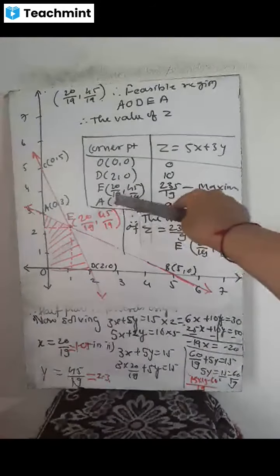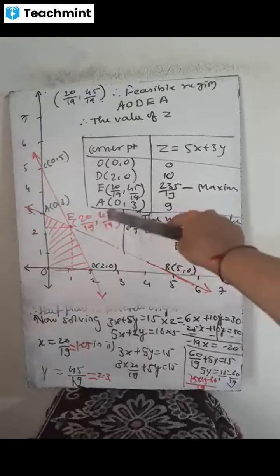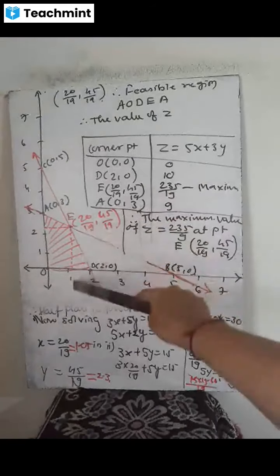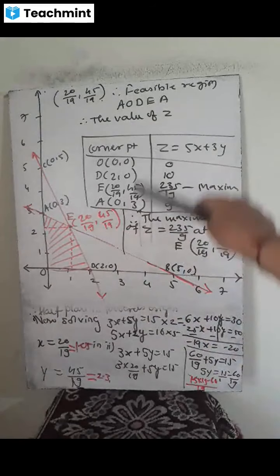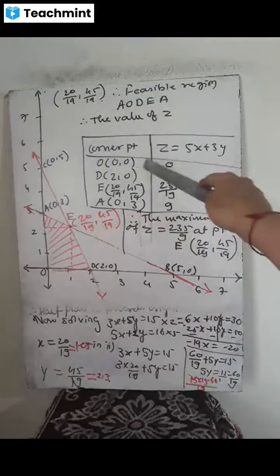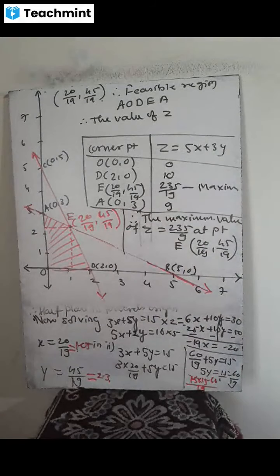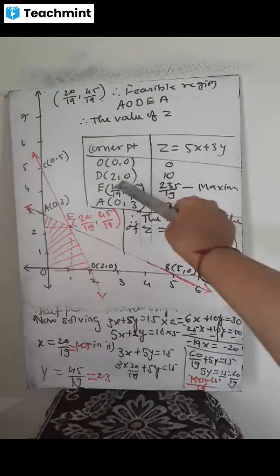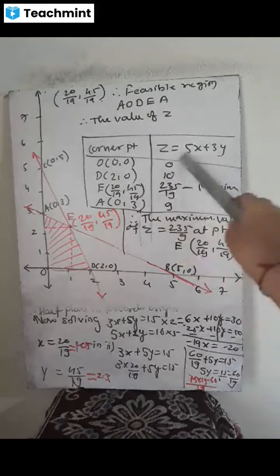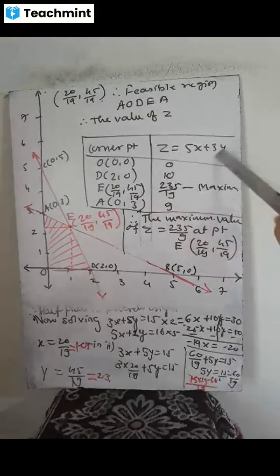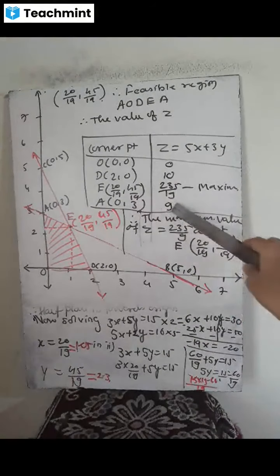Now E is a point where 20 upon 19, 45 upon 19, and A has the value 0, 3. Now putting all these values of X and Y in Z, we find the corresponding Z values. So this is 0, then this is 10 after putting this value. Now you can put E's X and Y and get the value of Z. This is the value for